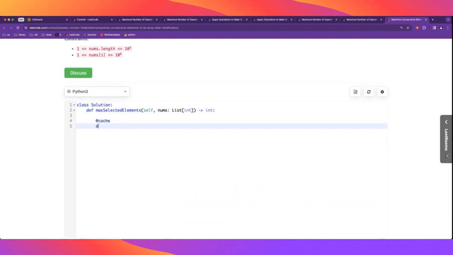So again, we cache. We're gonna get the longest from x, and we're gonna determine if we have already used a value of the previous value, an occurrence of the previous value. Okay, we want to know how many we have of each value. So let's have a counter. And so here we want to know